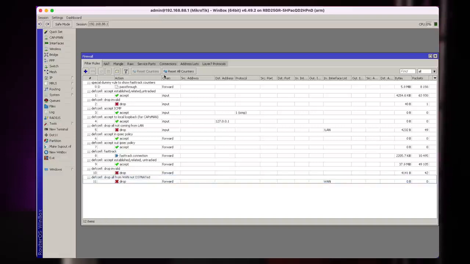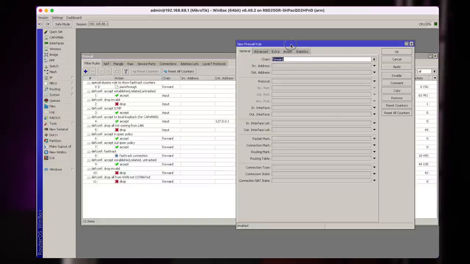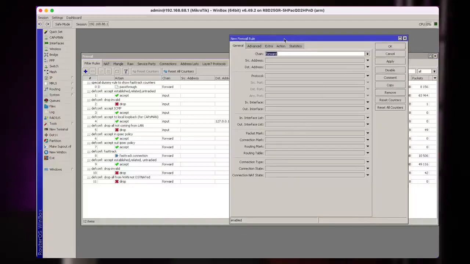All right, let's add a rule. With this rule, I want to allow access to the router from the internet side, but only for my own IP address, let's say, my office address. For example, this is my home router, and I would like to connect to this router from my work computer.